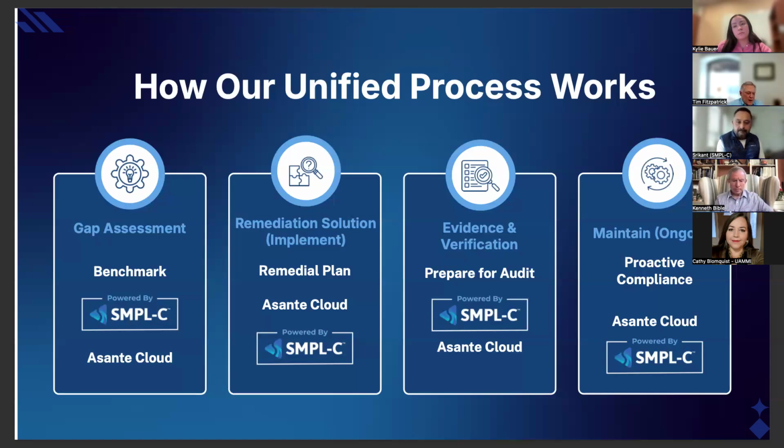Yeah, so Asante Cloud is a registered practitioner with the DoD. So we're certified to be able to come in and help you determine where your gaps lie. And one of the companies that I mentioned before, they're looking at going out and acquiring a bunch of software. Well, the point being, let's find out where you are first, right? Let's understand where the scope is. Let's use a great tool like SMPL-C to document where you are against all the different controls. And then it makes it so much easier when the auditor, the C3PAO, does come in and actually do the